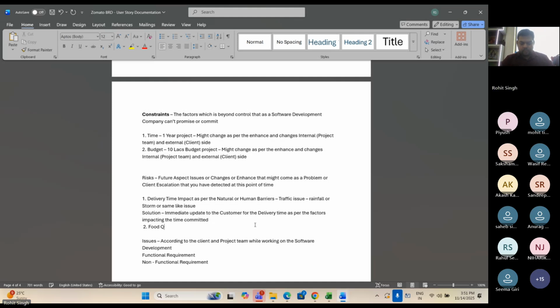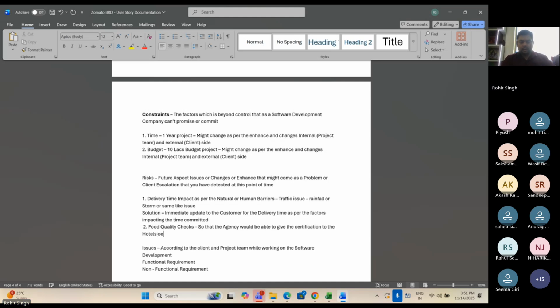Food quality checks, so that the agency would be able to give certifications to the hotels or restaurants, and that certification is visible to the customer for better